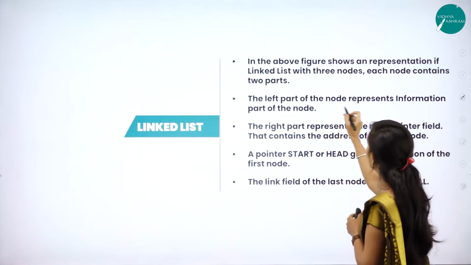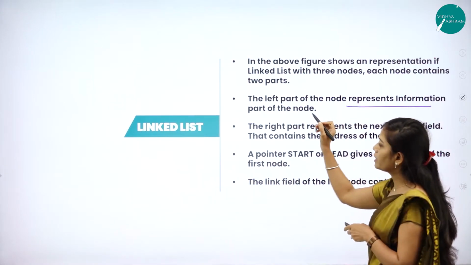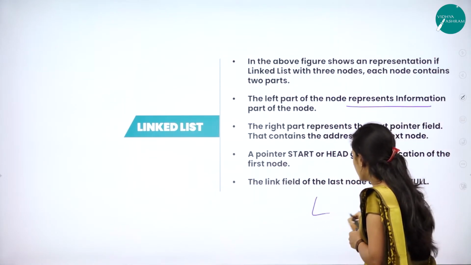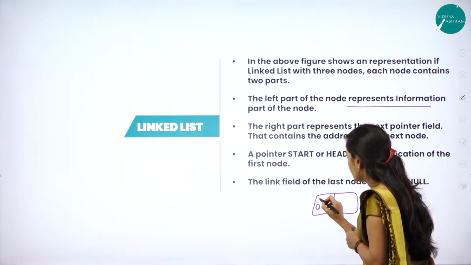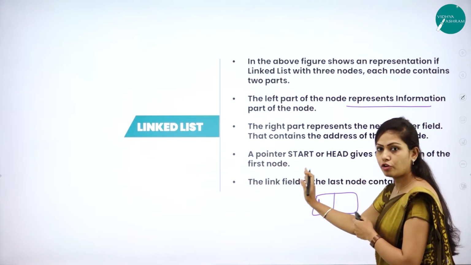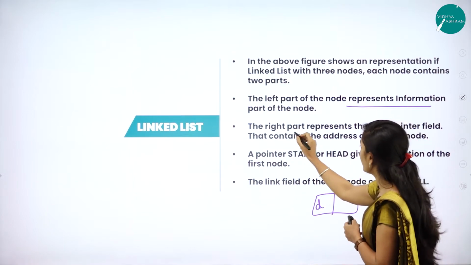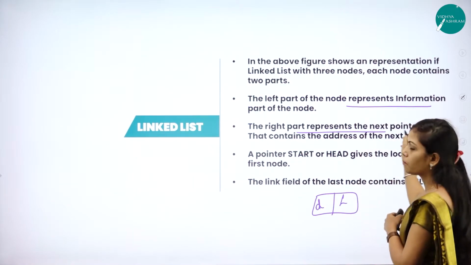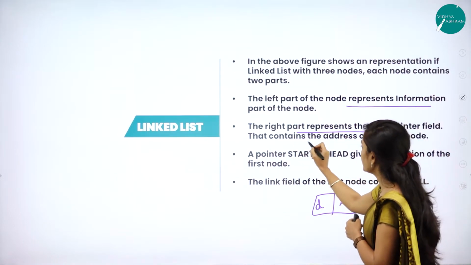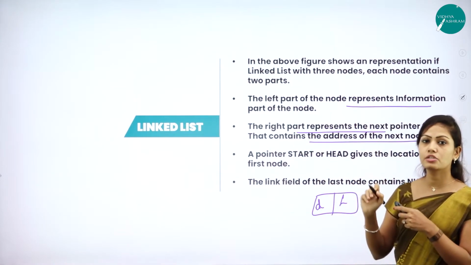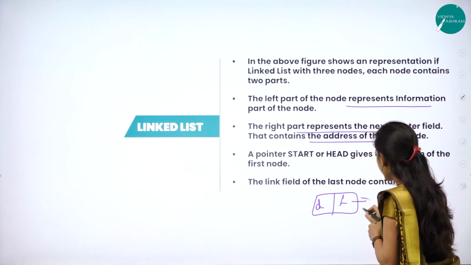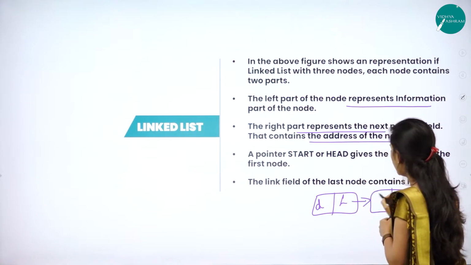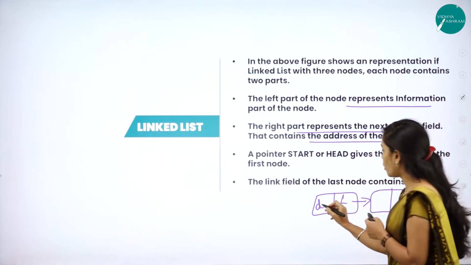The left part of the node represents the information of the node, that is data, and the right part represents the link part, that is the pointer field that contains the address of the next node. This link part contains the address of the next node. And a pointer is